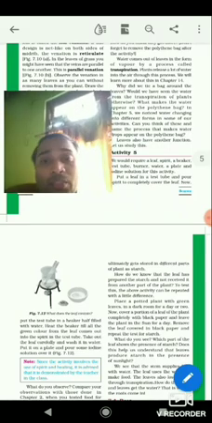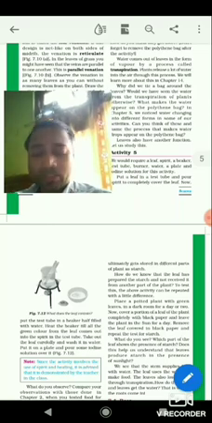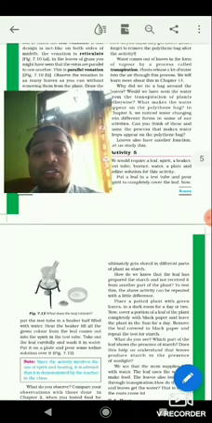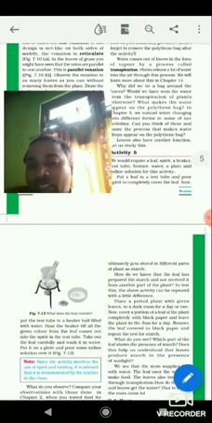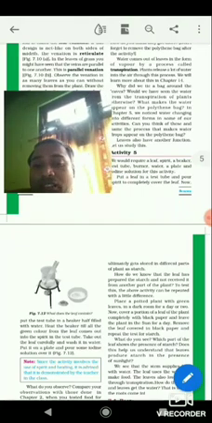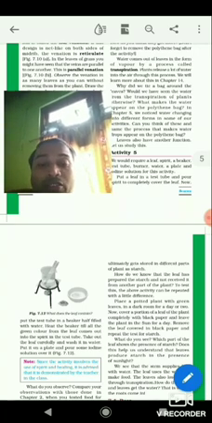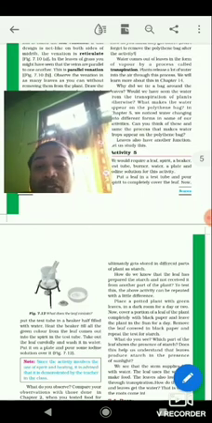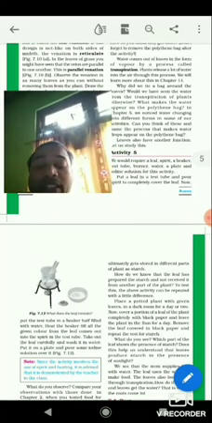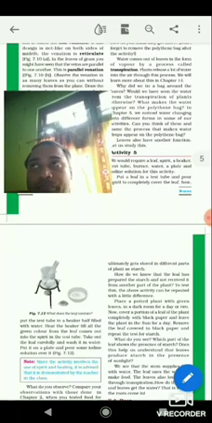So why is starch present in the leaf? Because we know food is manufactured in the leaves by the process called photosynthesis. Plants use sunlight, carbon dioxide and water to prepare or manufacture food by photosynthesis, and therefore once the food is manufactured, it is stored in the form of starch in the plants, and therefore the presence of starch can be confirmed using iodine solution.